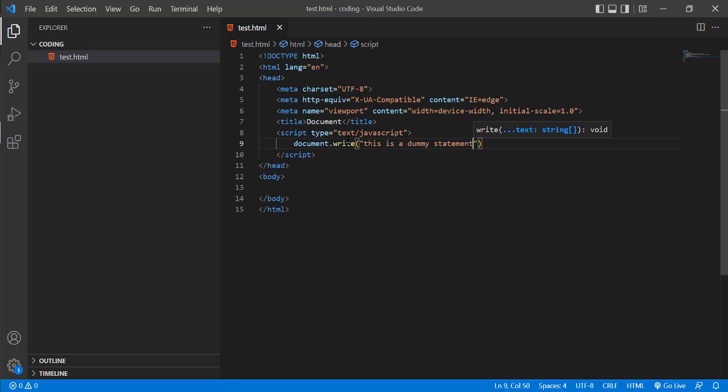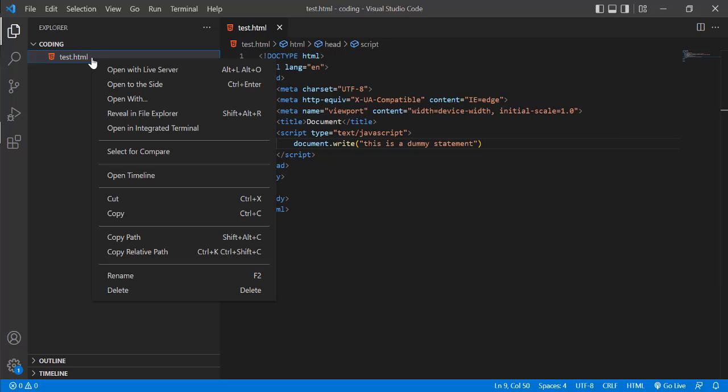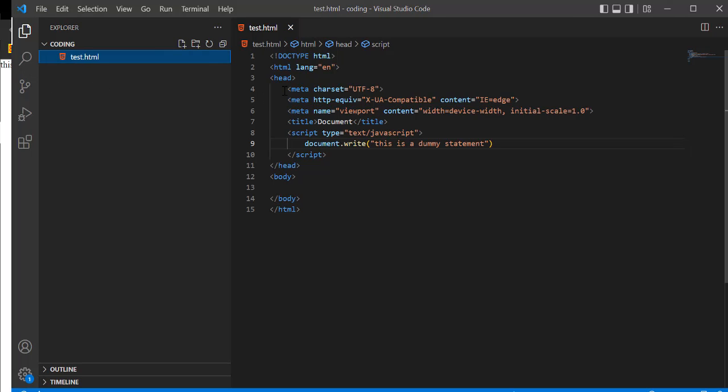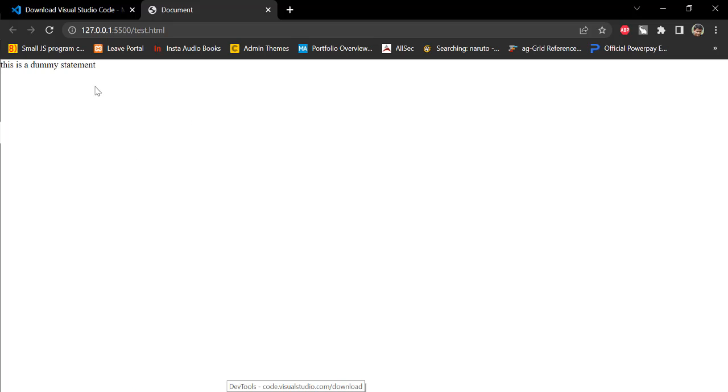And we'll save it, and let's open this one in the browser and see how this looks, right? So whatever we wrote here is now visible here. It's now visible here, right?